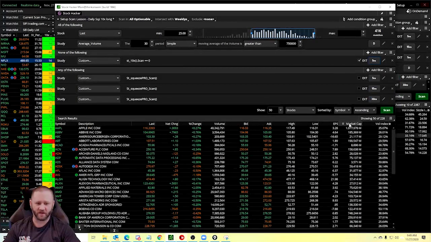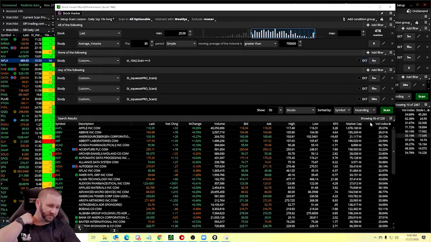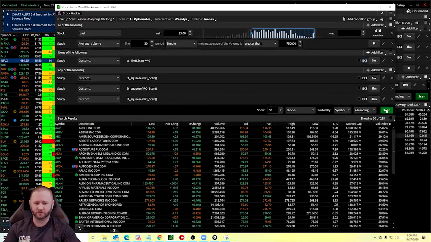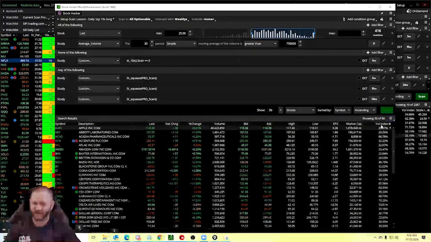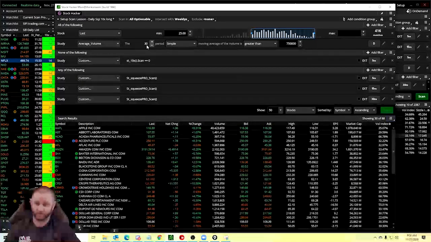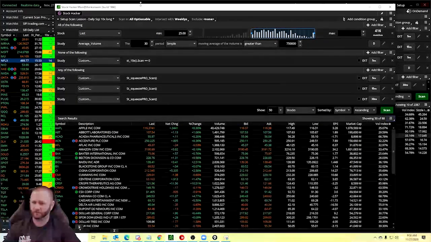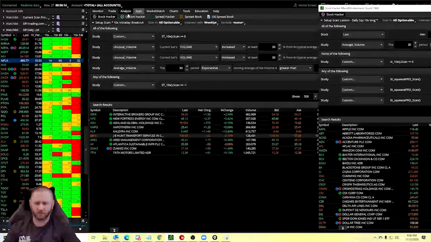So we'll just use the 5-minute for an example. But we want it to have either a 5, 15, or 30-minute squeeze. And then you scan that, and what it'll do is, out of these 88, none of them, in theory, should have yellow 10x. So if we check it out,